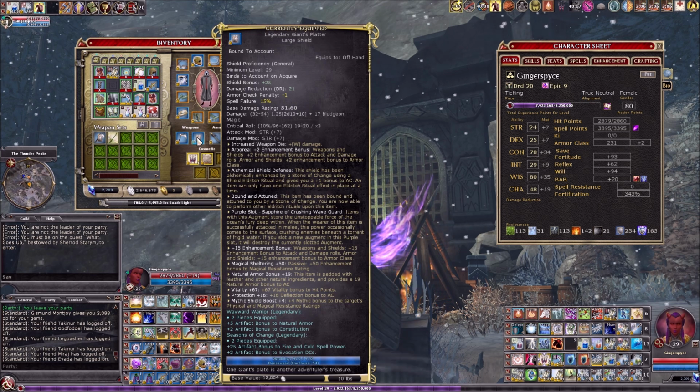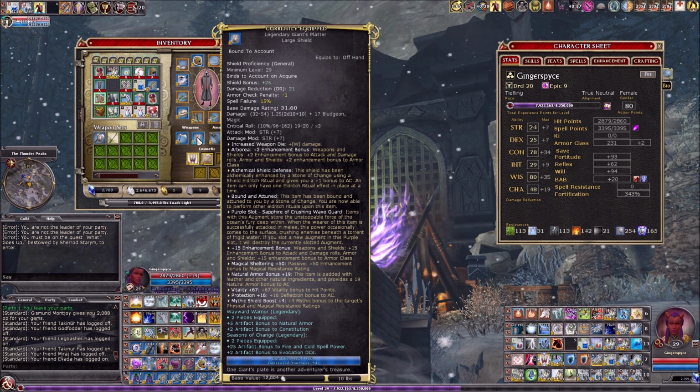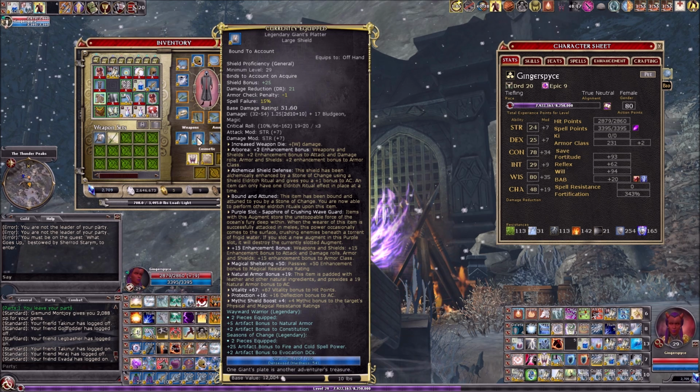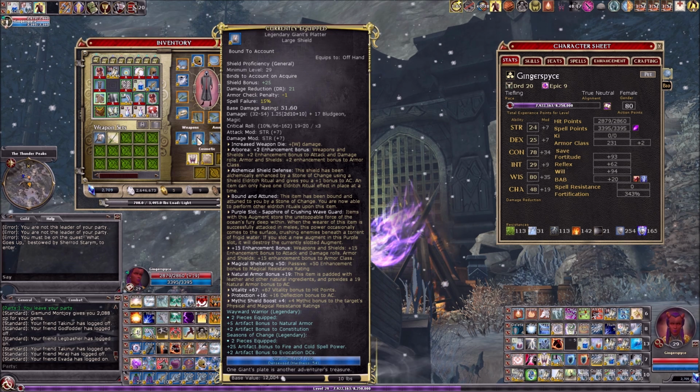So now we get the legendary giant platter. Yeah, this is my source of magical sheltering 50. You can see that on there. It also has big natural armor bonus 19, vitality 67, protection 16, mythic shield boost 4. So wonderful, wonderful shield for a...